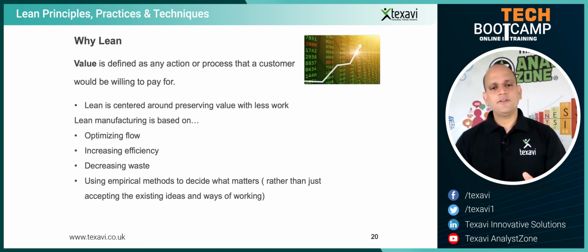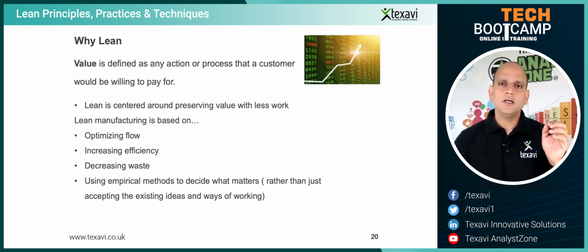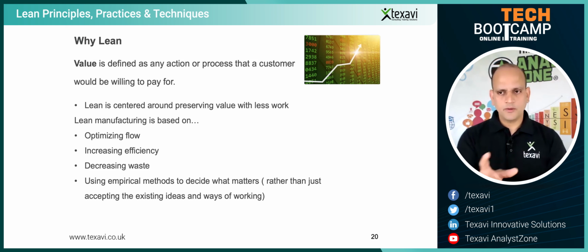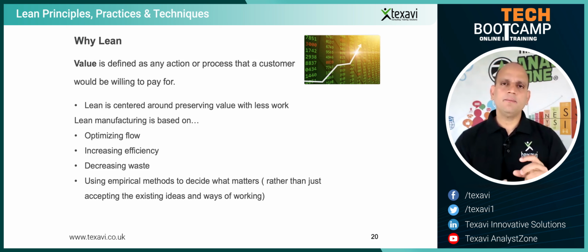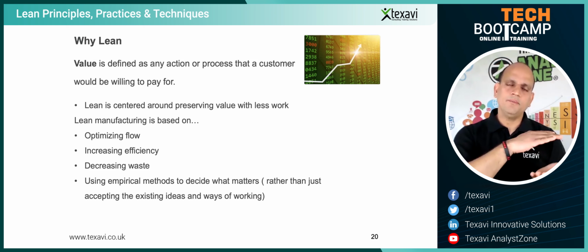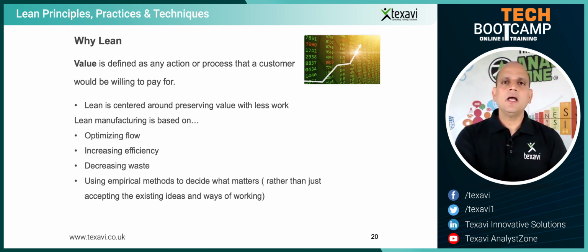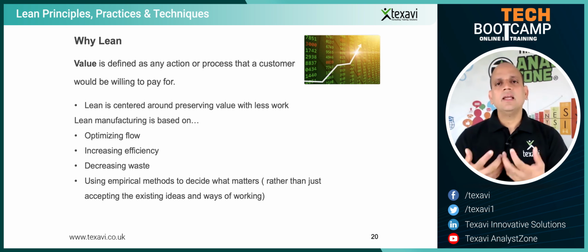And on lean manufacturing, I want to pivot this to the context of where it started, because as we discussed, manufacturing and production was where lean really started. That's the origin of lean. So in the course of today's and tomorrow's session, I'll introduce a few principles and practices which started from the production and manufacturing setup, and how they are relevant and have been made more practical in the agile software development context.